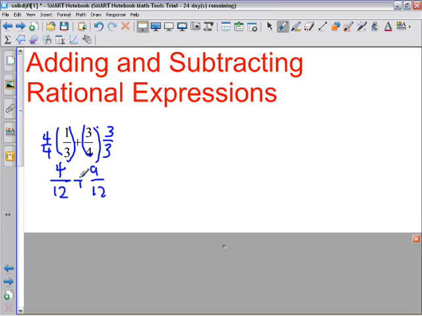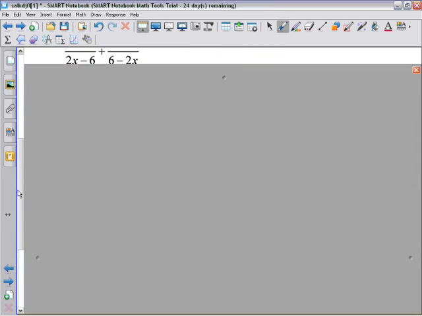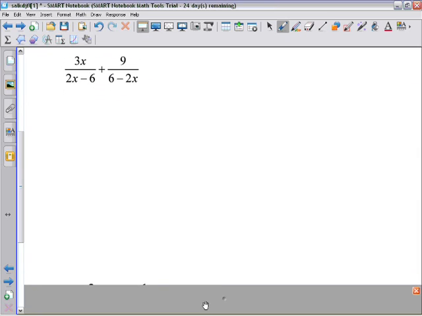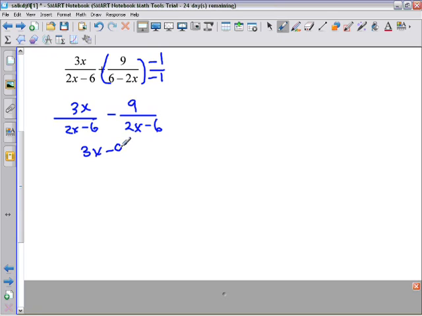Now you can add the two fractions to get 13 over 12 as your answer. Now let's do this with polynomials. To get a common denominator, you can multiply the second fraction by -1 over -1. So you get 3x over 2x minus 6 minus 9 over 2x minus 6. Now you can subtract the two fractions by keeping the denominator and subtracting the numerators to get 3x minus 9